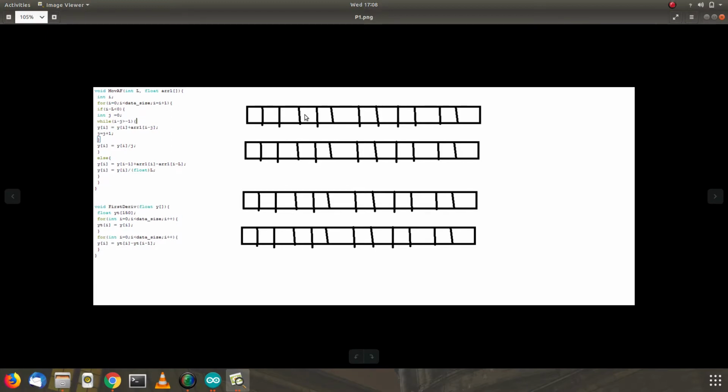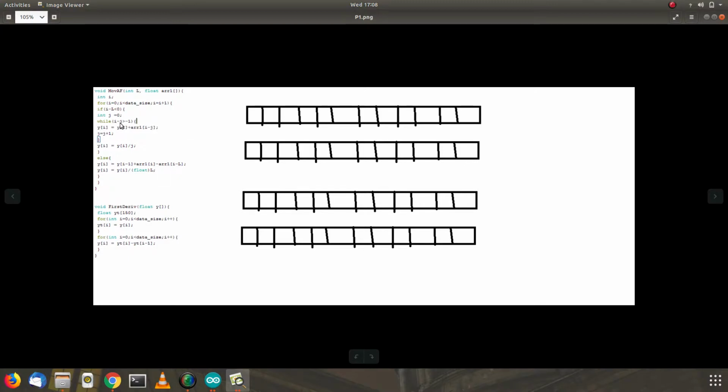Then after that, if our L would have been equal to 3, for this equation it would always calculate the average of 3 values and place it in the bottom array. So here it will calculate the average of these three past and present values and place it here, and here it calculates the average of these values and places it here. For doing that, what we have used is: if i minus L is less than 0, basically if the counter is less than 3,